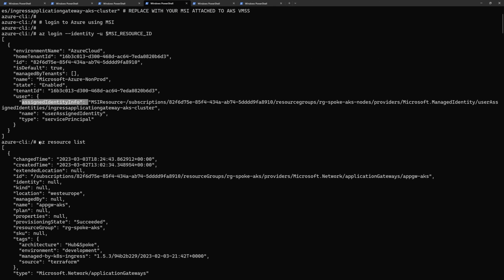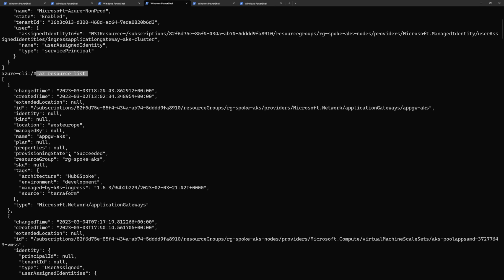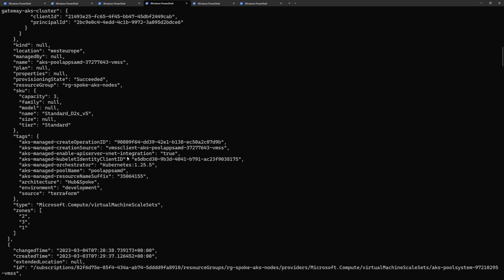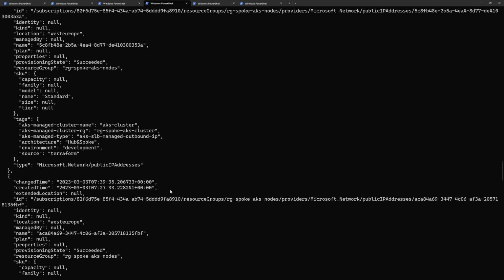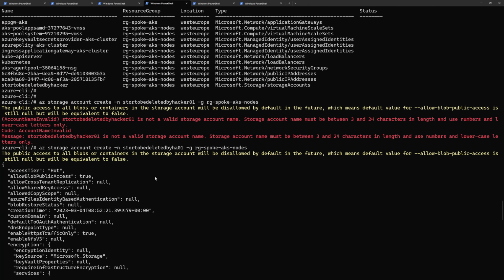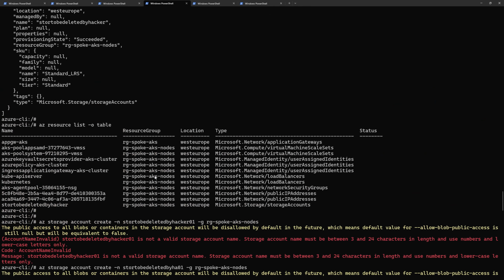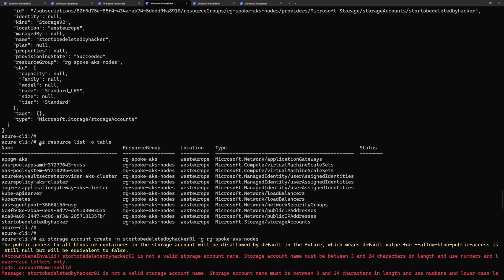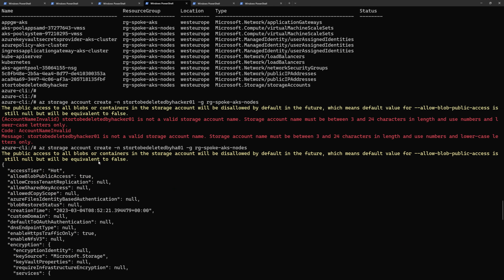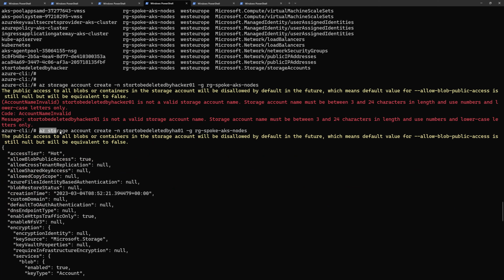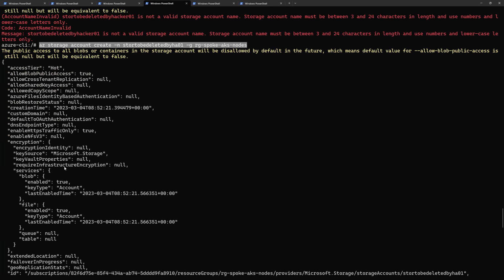So if I do here az resource list, note here the list of the resources that this will give me access to. And remember that managed identity has contributor role on the resource group. So I can create and delete resources from that resource group. So here again the list of resources in table format. So I can create resources, right? So let's try, for example, here az storage account create. So I go to create a new storage account, and yes, it allows me to create that storage account because